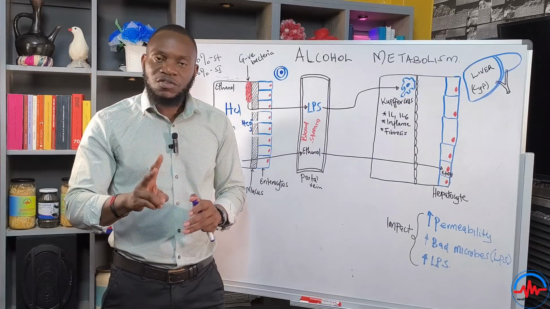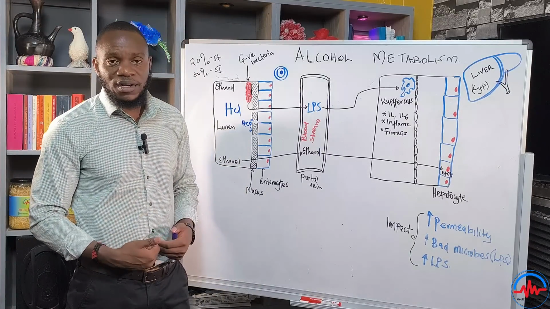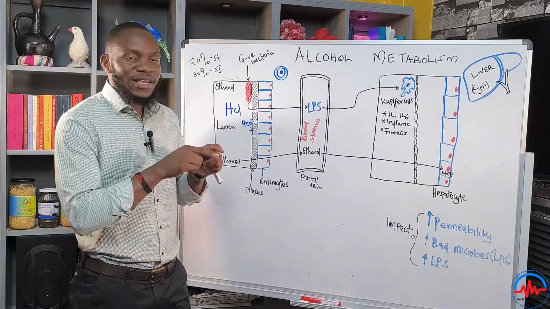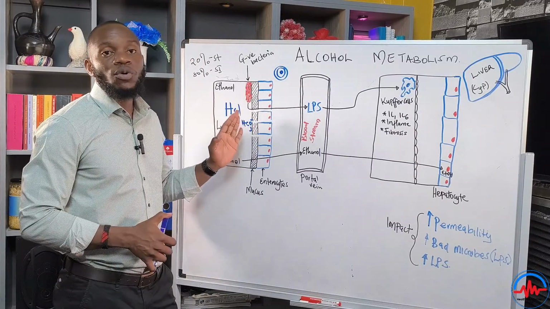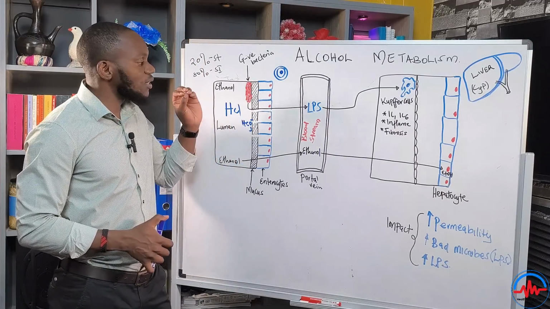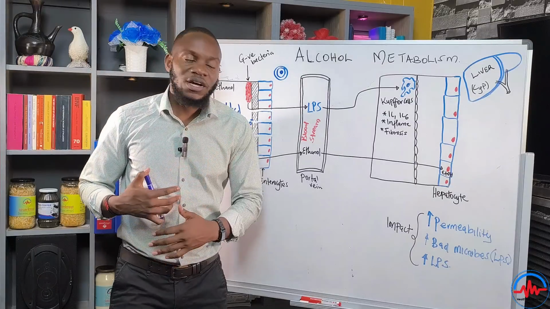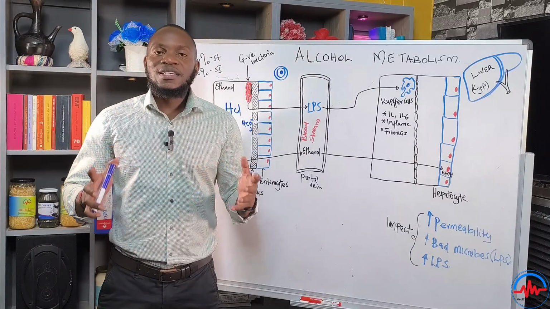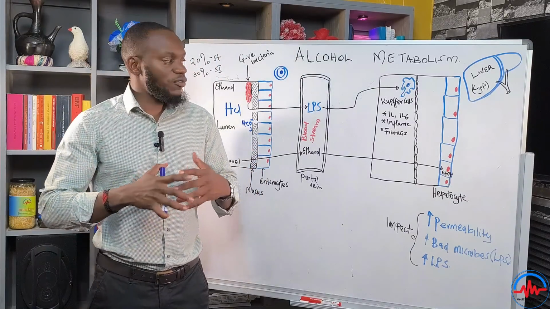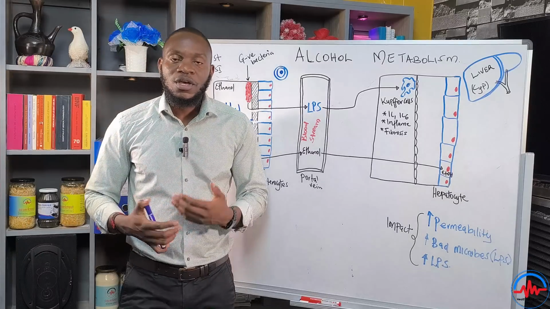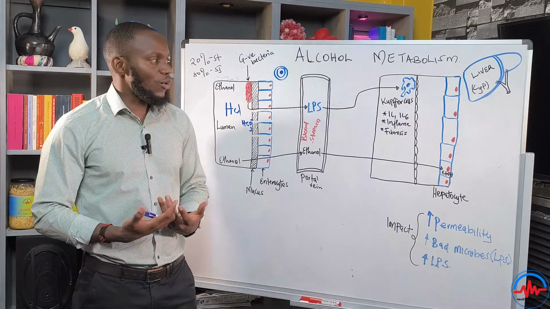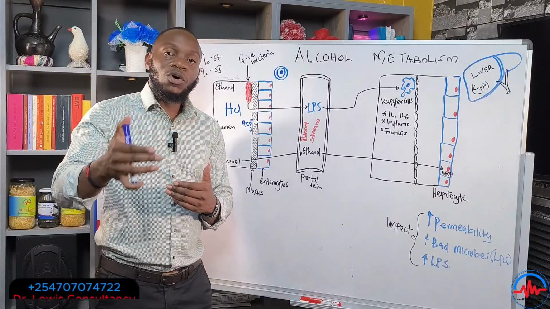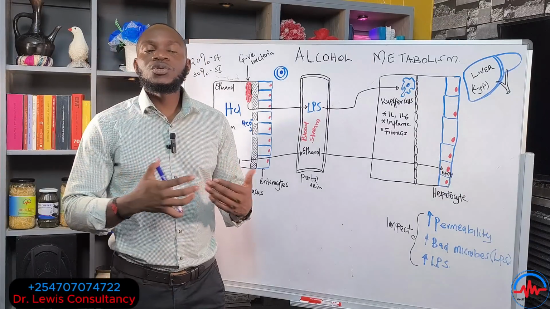Now 20% of alcohol is absorbed directly from the stomach. 80% of alcohol is absorbed in the small intestines. Which tells you that the stomach has the ability to absorb alcohol. Okay, so when it gets into the stomach, already you're starting to get drunk, and you realize in the early stages of your rave, of you going to the parties, drinking alcohol, you'll be so excited, you'll be cheersing with people and enjoying the alcohol. But as you continue taking more of the alcohol, you'll get into a depressive state.